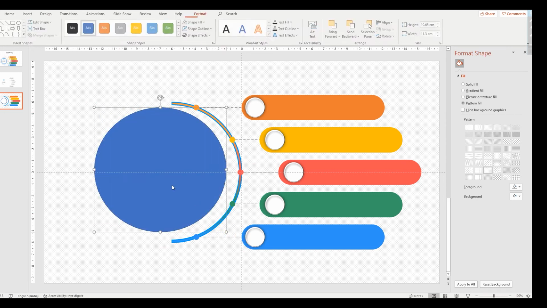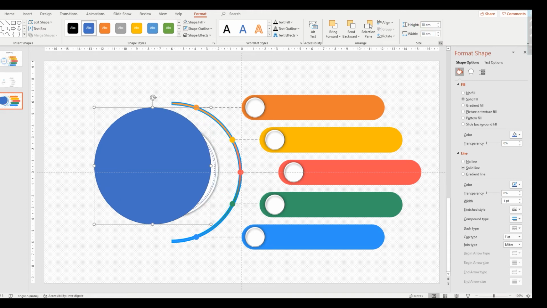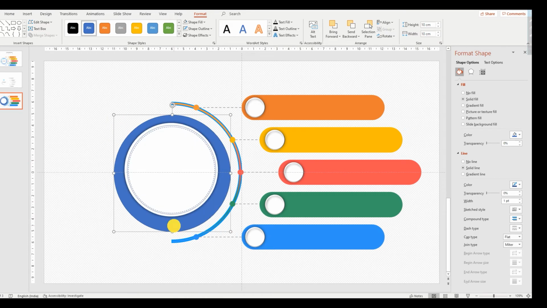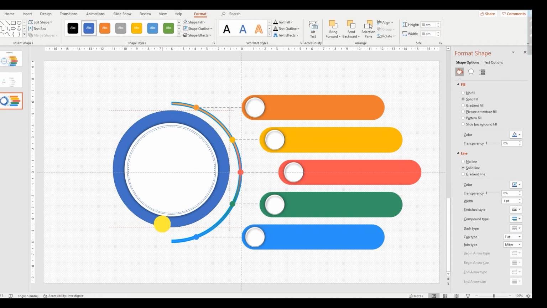For the outer circle, how much we are taking? 9 and I think 10 we are going to take. Send back. Take the alignment. Now it is okay.